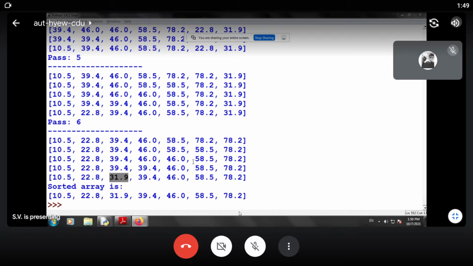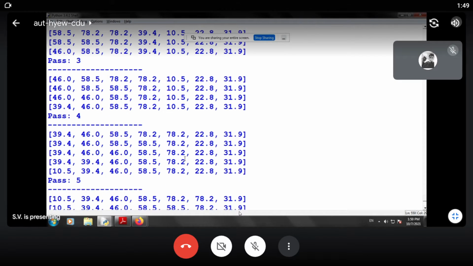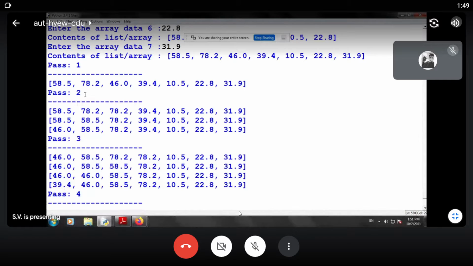So we have done this step-by-step simulation. We have shown all the passes and what happened at each pass. If you have taken a snapshot and want to study it, you can highlight or underline the right shifts so that you can understand where there was a right shift. You can see over here 78 was there and 58.5 was right shifted and then there was an insertion. Participants, are you able to understand the concept of insertion sort?